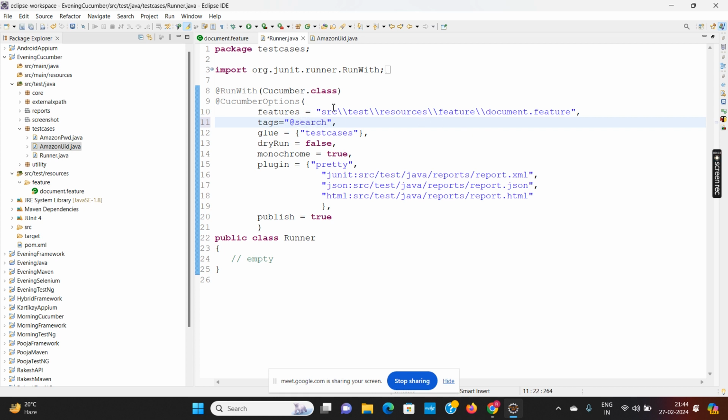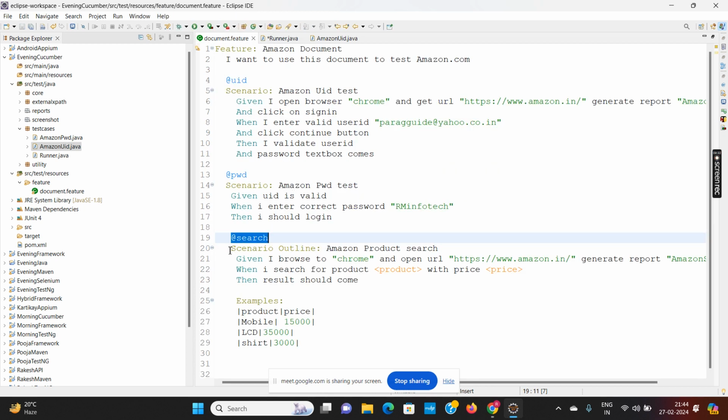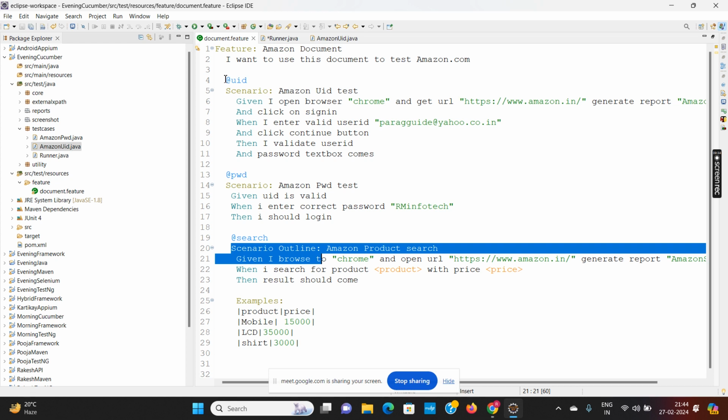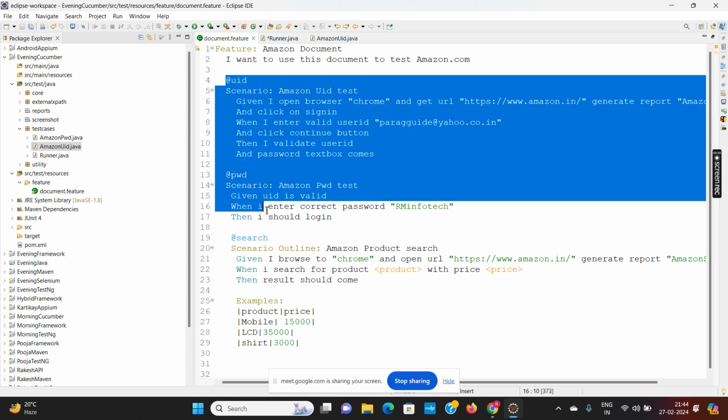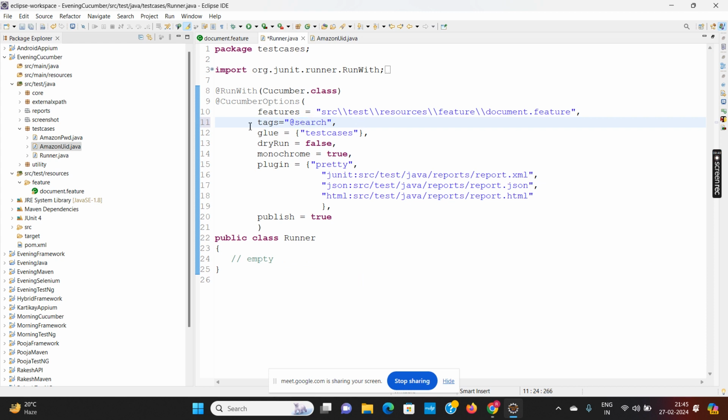So it means now it will run this document.feature file, and it will run this @search tagged scenario. It will not run these two scenarios. So in that way, we can specify which scenario you want to run.